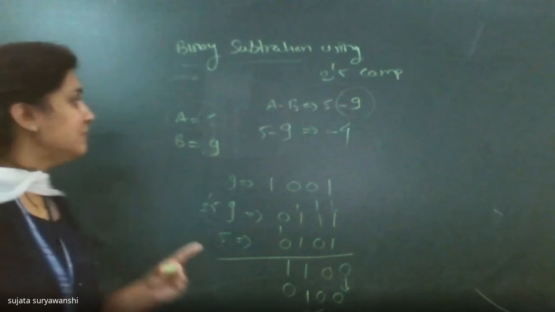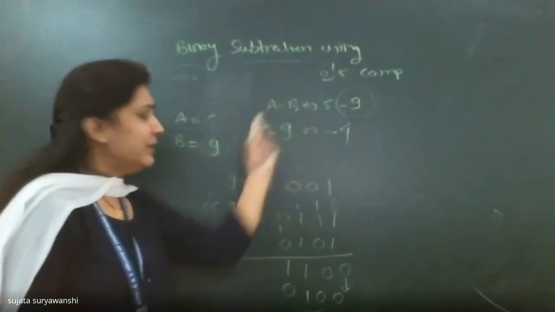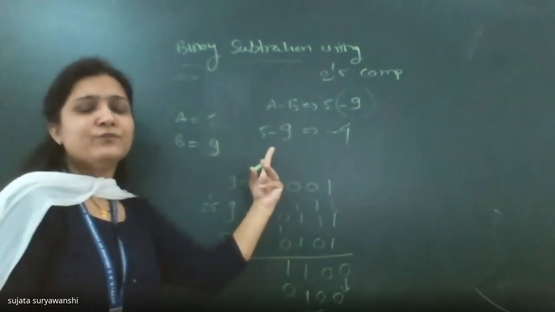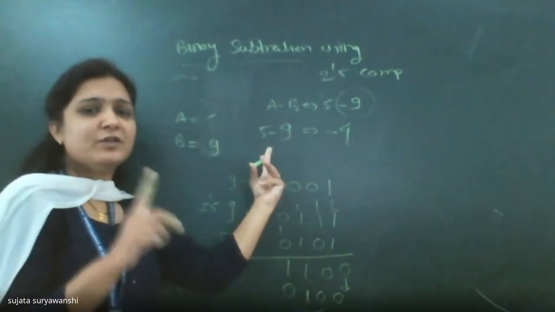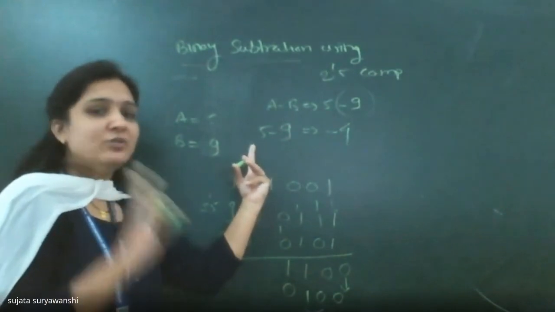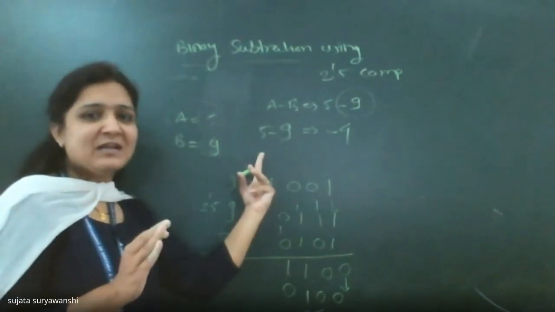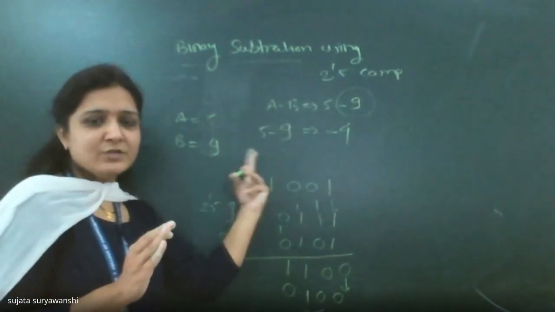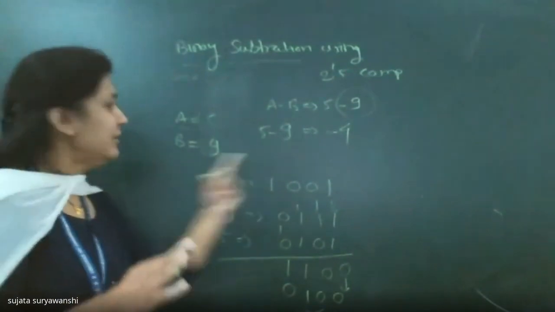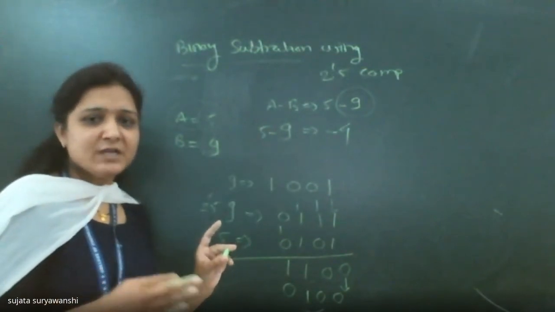If I have to use a sign magnitude, then in a 4-bit number, 9 does not fit. 9 cannot fit in a 4-bit number, as your MSB bit is only reserved to show the sign. Only 3 bits we can use to represent the magnitude, and 3 bits are not sufficient to represent 9. Okay, understood? If I want to use sign magnitude, then to represent 9 I need to use a total of 8 bits. Understood, Ashwini?